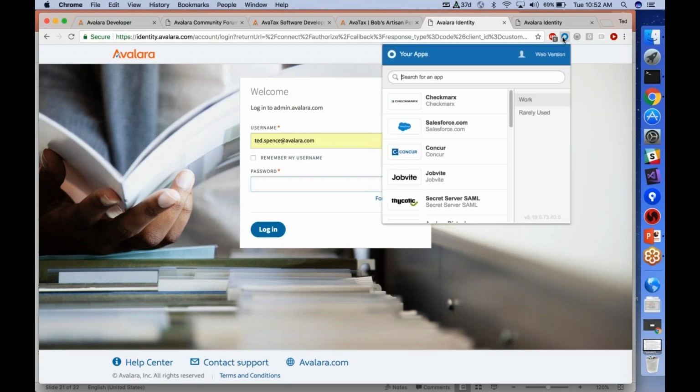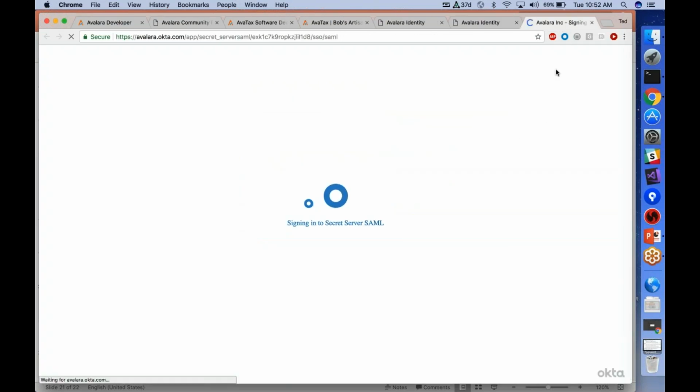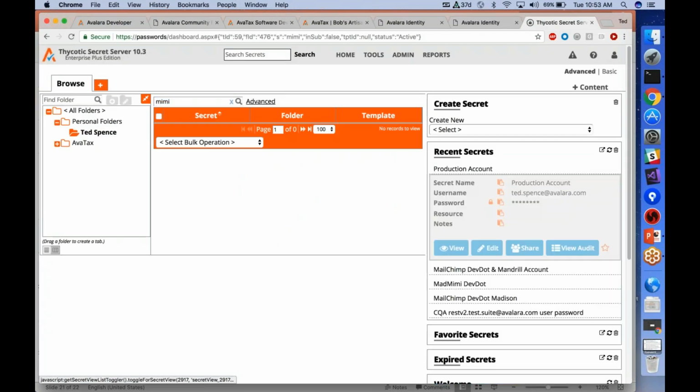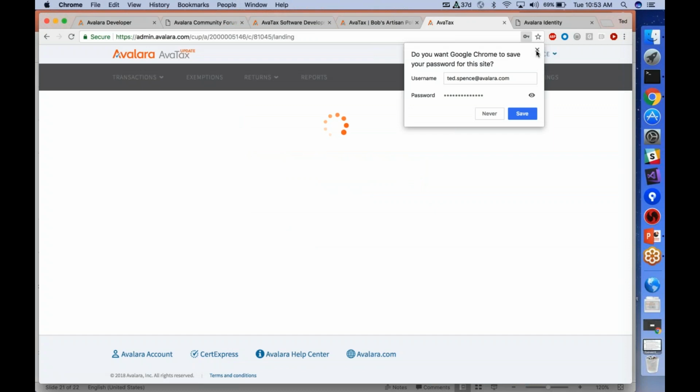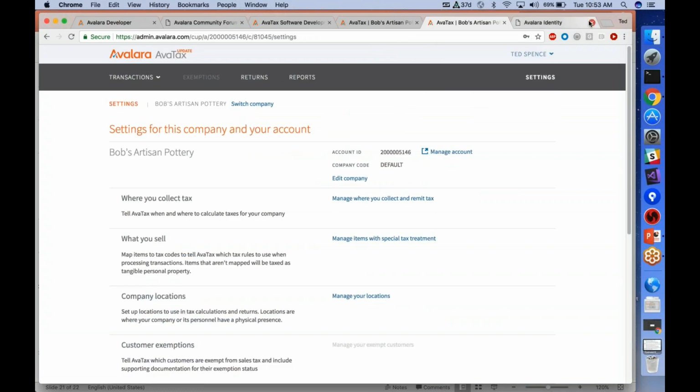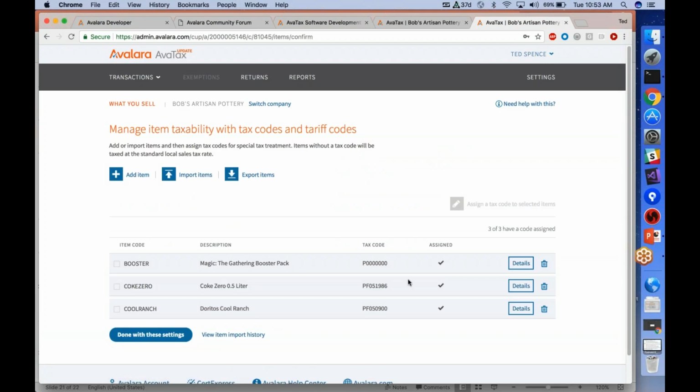Yeah, so AvaTax Update is a user interface for your AvaTax configuration. You can edit all of your configurations, all your settings, which products you sell, where you collect tax. You can view your transactions. We have some additional features like returns and customer exemptions. We integrate with another product that we offer called Cert Capture, so you can track your customer certificates for when you should not be charging tax. So this is the screen you wanted me to load, right?